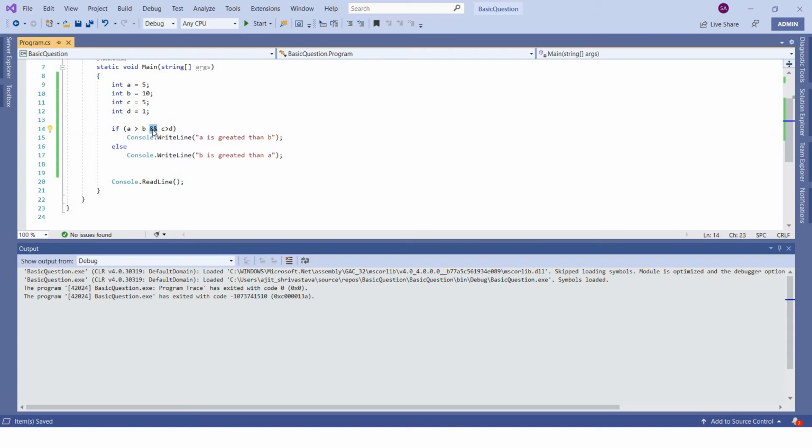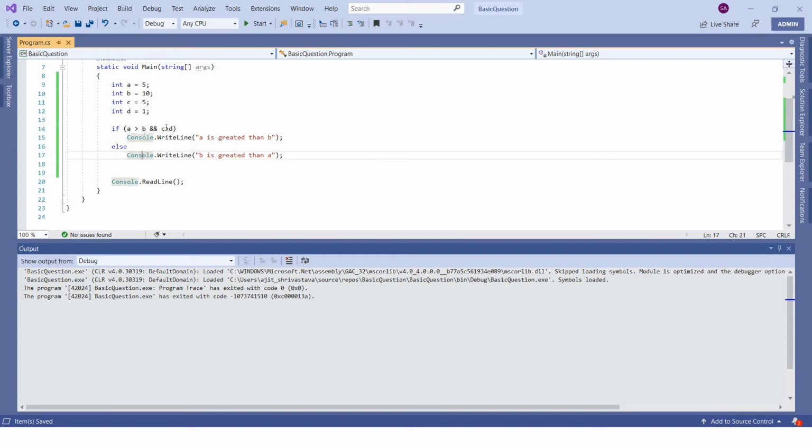So what it will do is it will try to evaluate both the sides. First of all, it will try to evaluate this condition, A is greater than B. If this becomes true, then it will try to evaluate this, C is greater than D. If this also evaluates to true, then only it will print this. Second thing, if any of these becomes false, let's say this one becomes false, then it will print this.